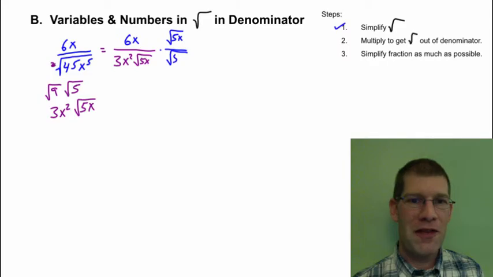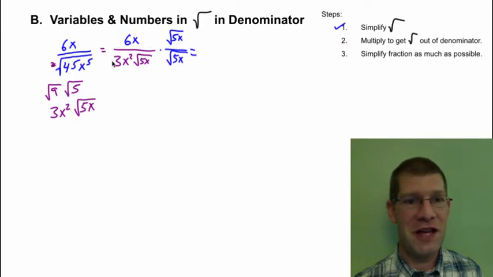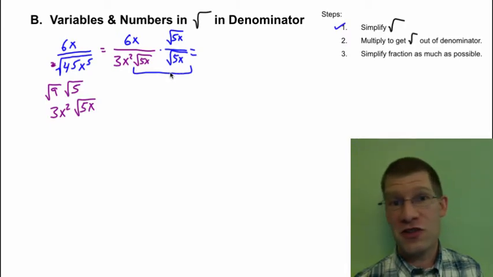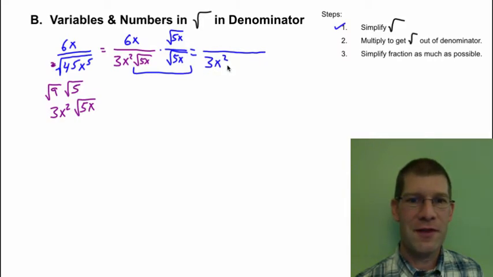So we multiply by the square root of 5x over the square root of 5x, which is the same as just multiplying by 1. So we can do it and not change the value of our original fraction any. These two radicals here become square root of 5x squared, so the radical just drops out, leaving us in the denominator. We have our 3x squared from before, and the square root of 5x times square root of 5x just becomes another 5x. And in the numerator we have 6x